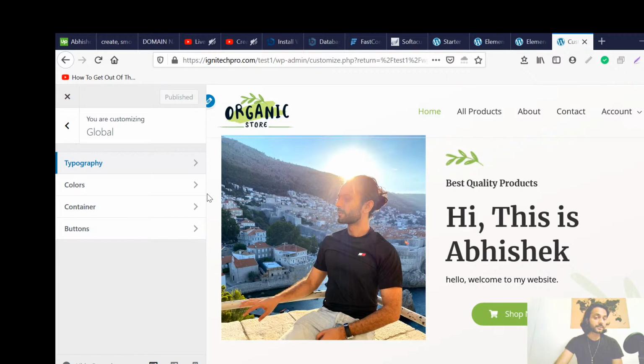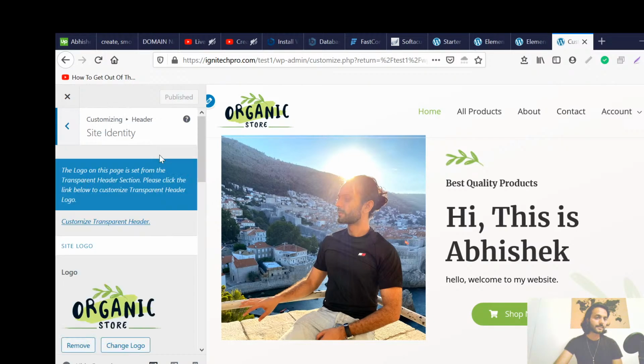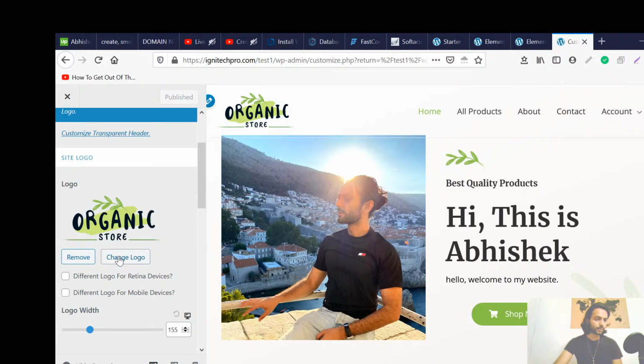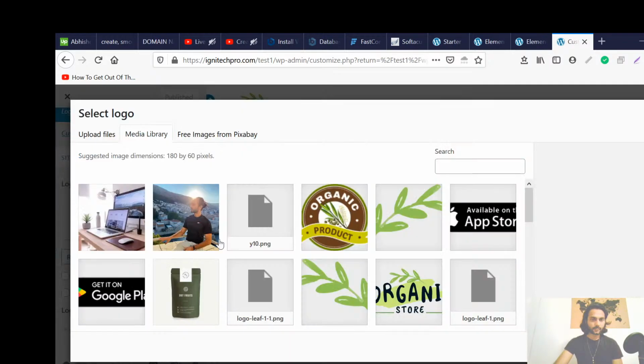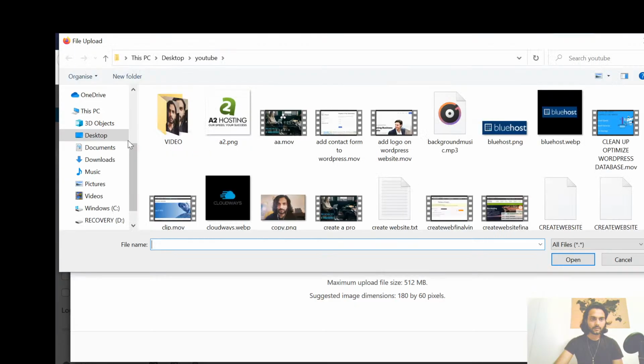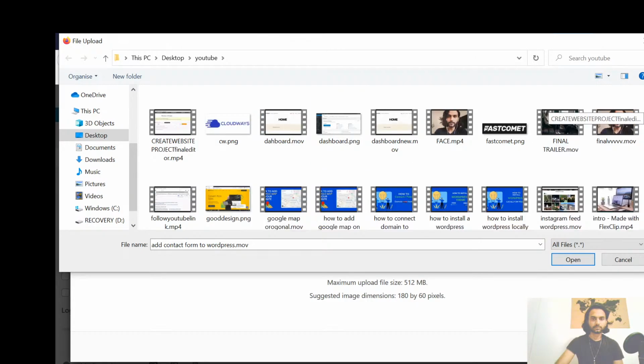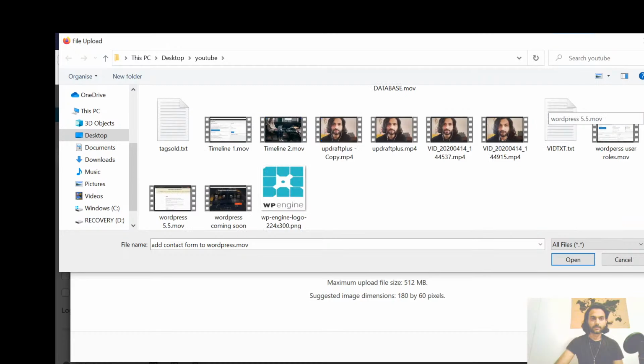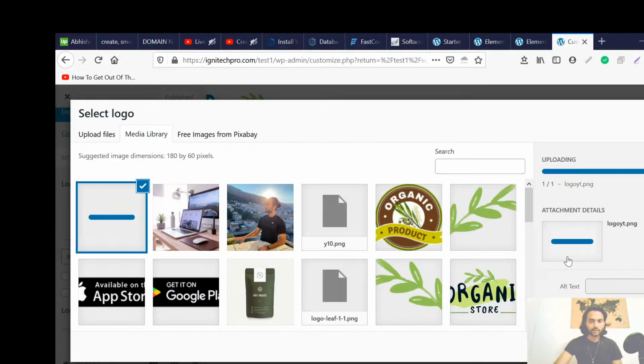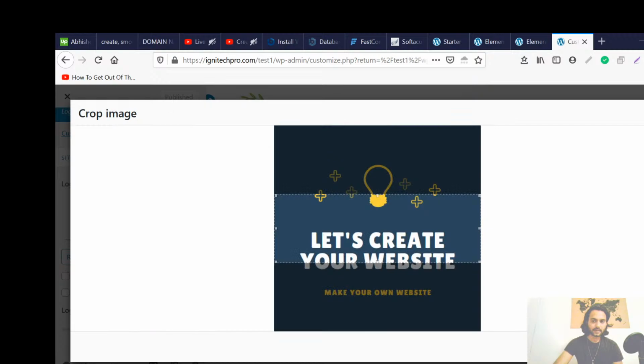Okay, yeah, so we are speaking about the logo. So you see this, you can go back, you can go to site identity, and you can change it. So we'll go and change the logo. Okay, so you can upload files, you can select from a computer. I'm going to select my logo. And select from here. They will ask you to crop the image. If you don't want to crop,